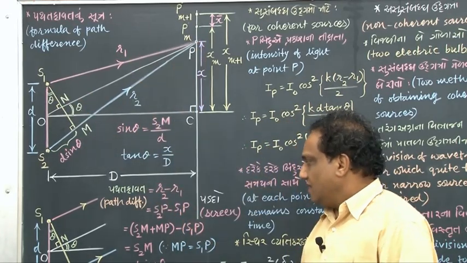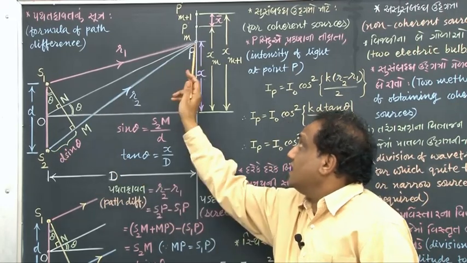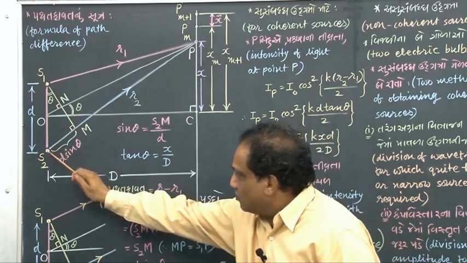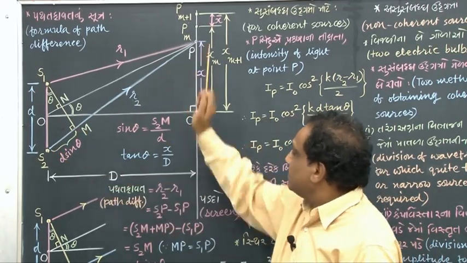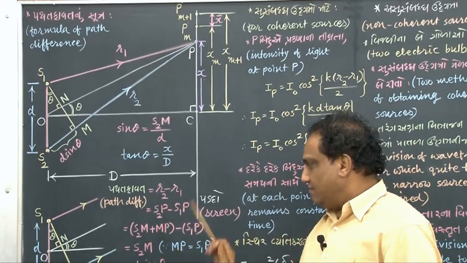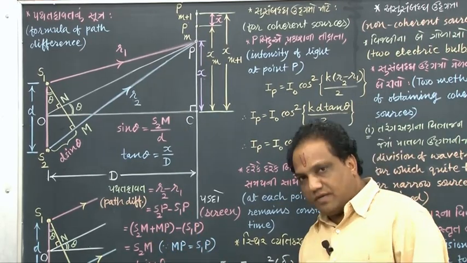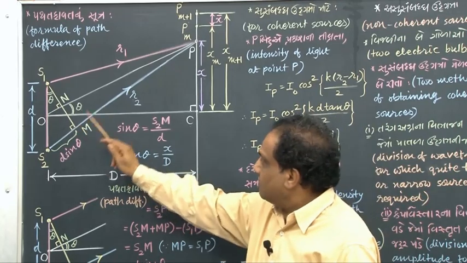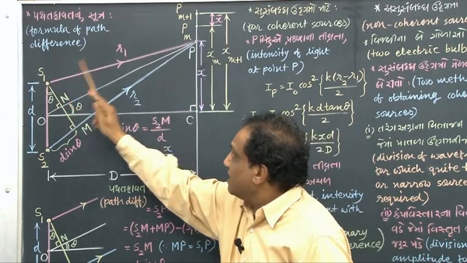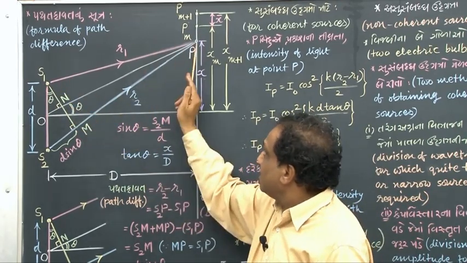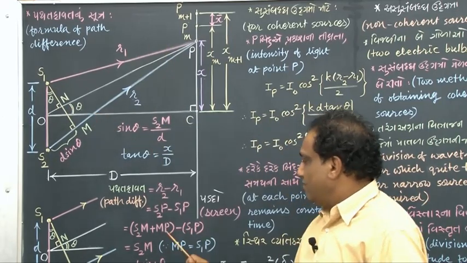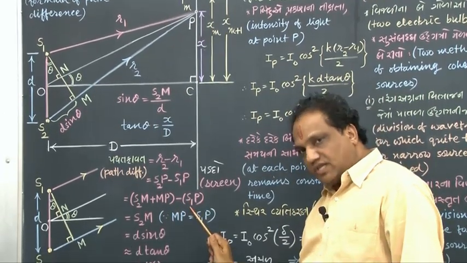S2P is nothing but S2M plus MP, minus S1P. But because MP and S1P are equal, they will cancel